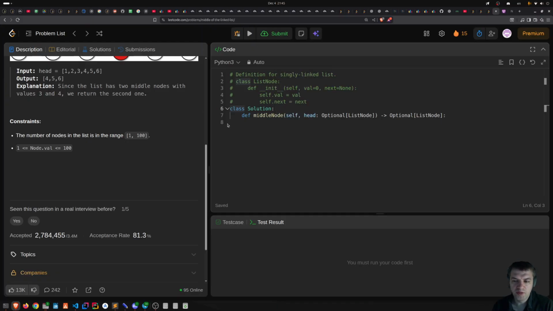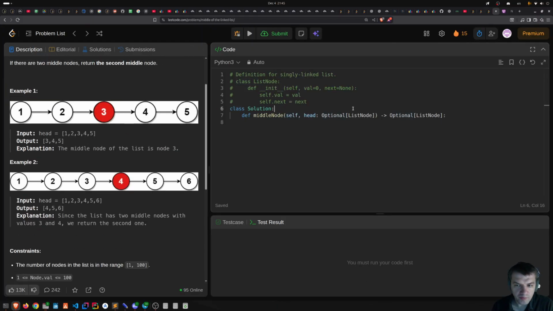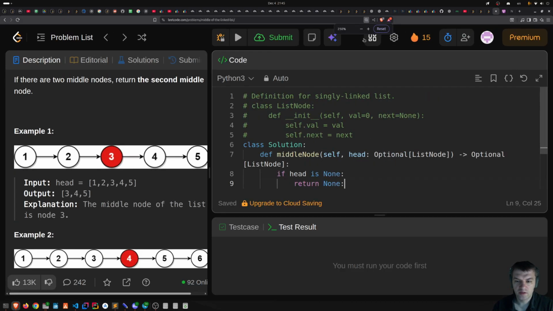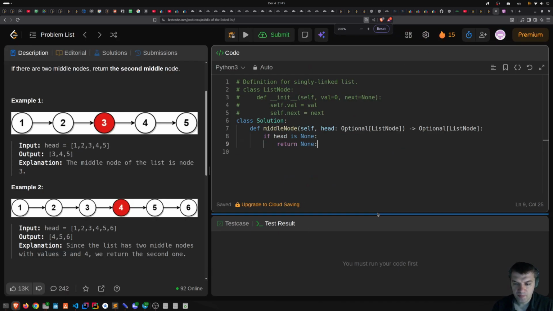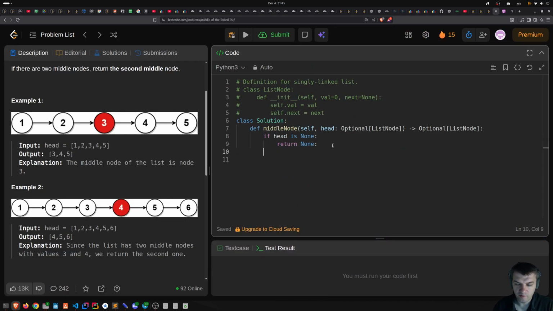And there will actually be no elements. So if head is none, I'm going to return none. And then otherwise I'm going to have a fast pointer, fast equals head, and then slow equals head, and then I'm going to go while fast